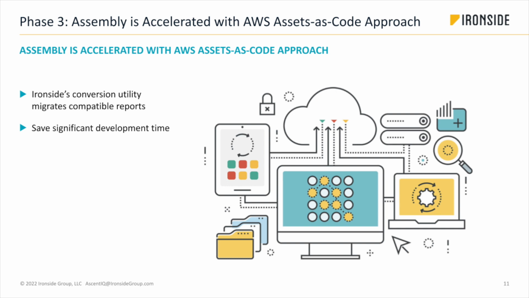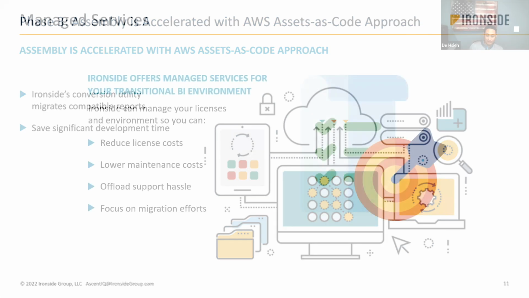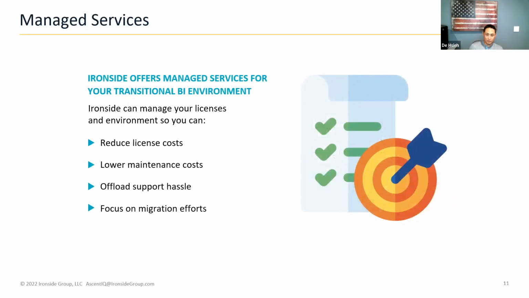So we always try to do this in an automated fashion at first. And the cost savings from doing it this way is just massive. So one thing that a lot of people forget about when they're doing migrations is, what do you do with your existing environment? So if you have a huge effort underway and you have people whose primary job it was to maintain the old environment, keep the lights on, continue to take requests and do things, what do you do with those people who are working towards the migration and going towards the future product, which is QuickSight? What do you do with the old environment?